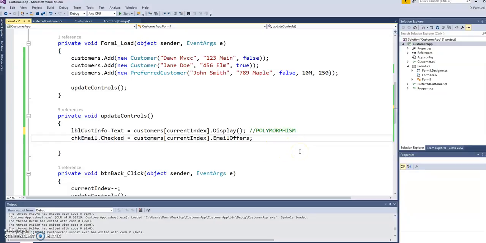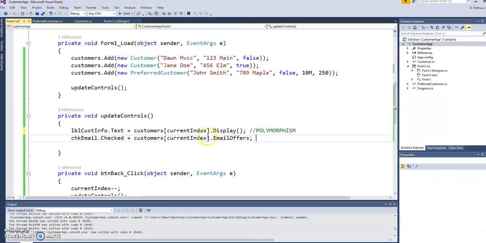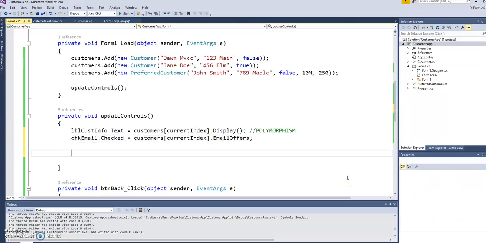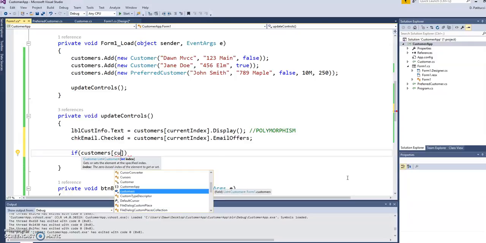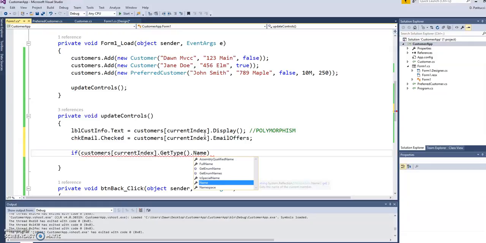So that's really nice. Another thing I just want to add in here, this will be fairly quick: how do we know if it's a preferred customer or not? There are ways you can finagle this. I think I'll maybe just do something like that. I'll do an if statement, and we'll say if, again, reaching into the list, looking at the current item here. I'm treating that using array notation. And there's this GetType method that can come in handy for these types of situations. It's a method, so you have to put your open and close parentheses, and then it has this Name property. And if it equals,